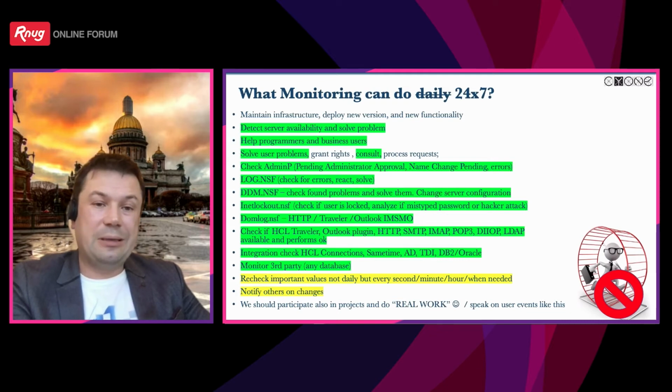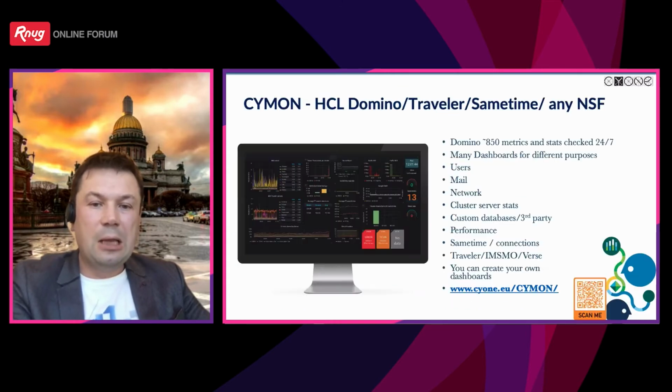Because if we act only as heroes and manually synchronize DAOS, the business will tell us every time, it's not so good that you have a desynchronization. But if we are making something new, something creative for the company, this will be our added value, which is important. And of course, in the last version, monitoring has 850 metrics that are checked